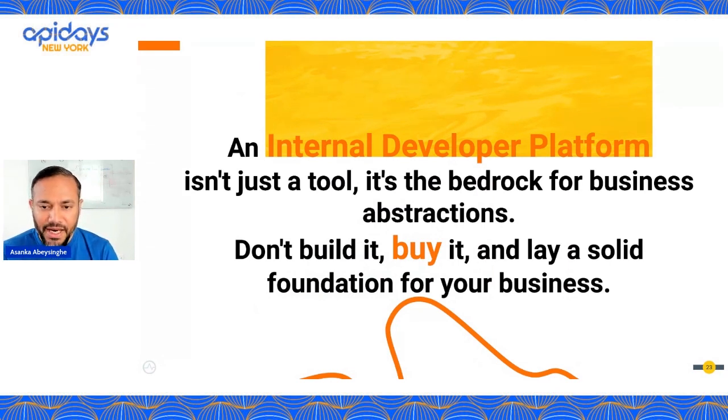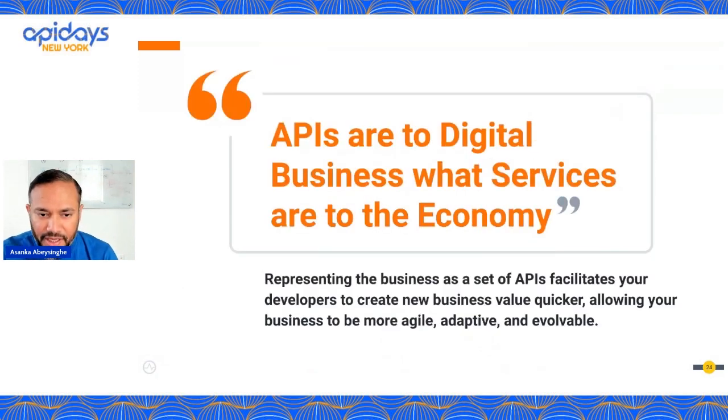The deployment abstractions in today's world, we call it the internal developer platform, but don't try to build it because it's really complicated and time consuming, and you need a special skill set. Try to buy it and start building a foundation and give room for your developers to build business abstractions on top of that. So that's where the API comes to play a role here, because the deployment abstraction layer